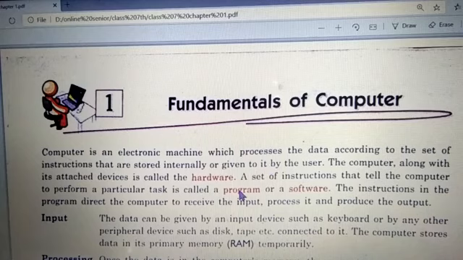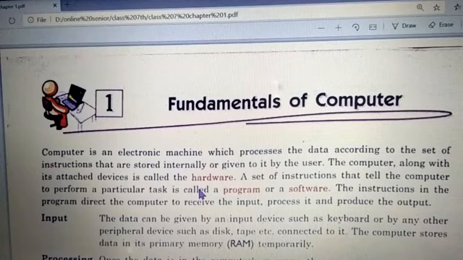Now there are devices that are attached to your computer, and that is known as hardware. Hardware are the things that you can touch, right? There are hardwares which are external and internal. External hardwares are outside and internal hardwares are inside the computer, like the CPU. Inside the CPU there are so many things. ROM is there, RAM is there, motherboard is there. So these are the hardwares.